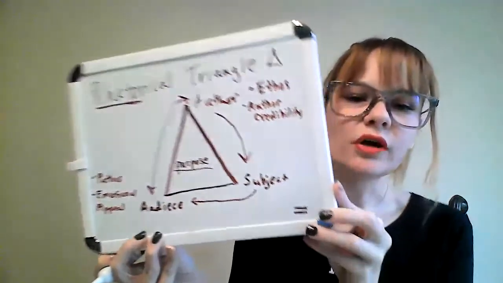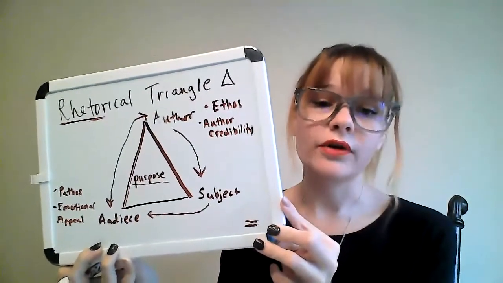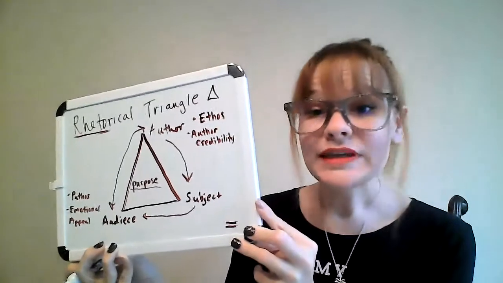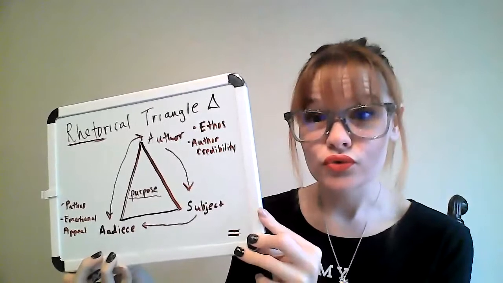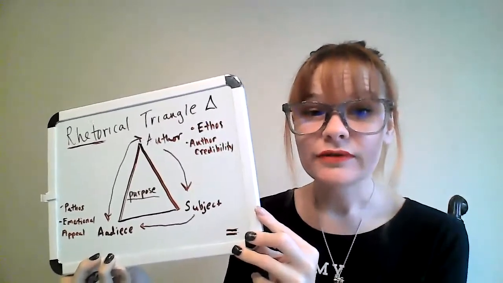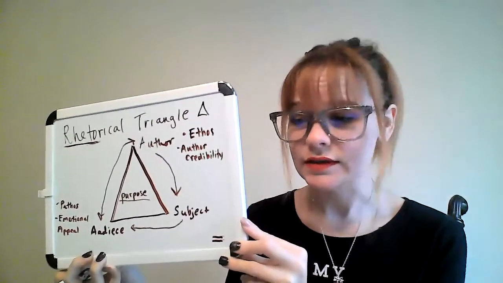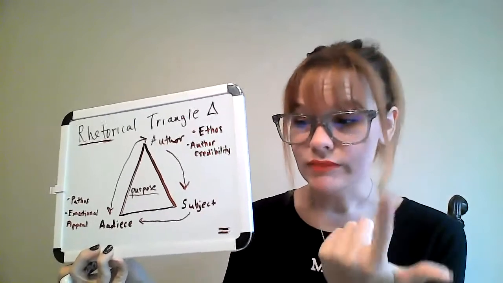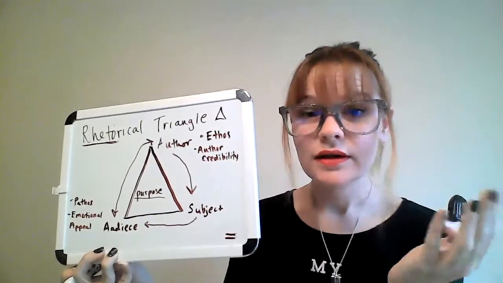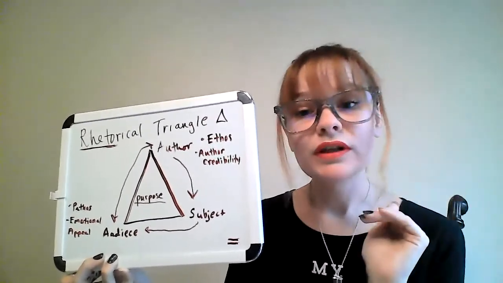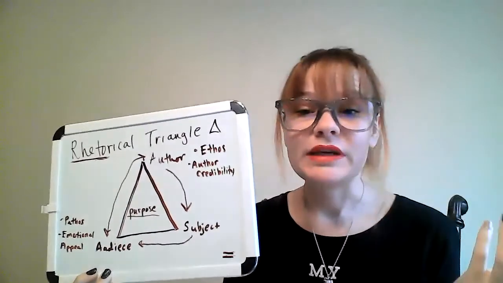Okay, so our pathos or pathos is the emotional appeals, how our author connects with the audience. Now, that can be done in lots of different ways. And some attention grabbers that an author may use to connect with the audience may come in the form of devices that you have already learned in your English 1 or English 2 classes, such as alliteration, metaphor, simile, irony, allusion, or paradox. Those are just some examples, but those are not what you as an author are limited to using when you are speaking to someone.